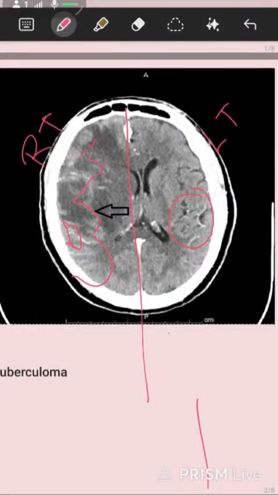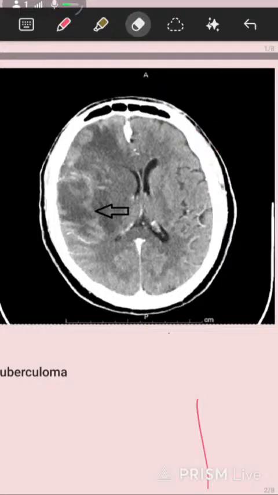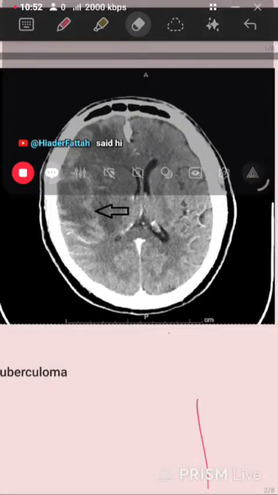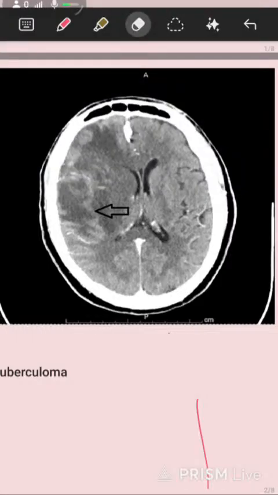The enhancement is showing the infected area of the brain. Tuberculosis looks different in every patient, but this was just a